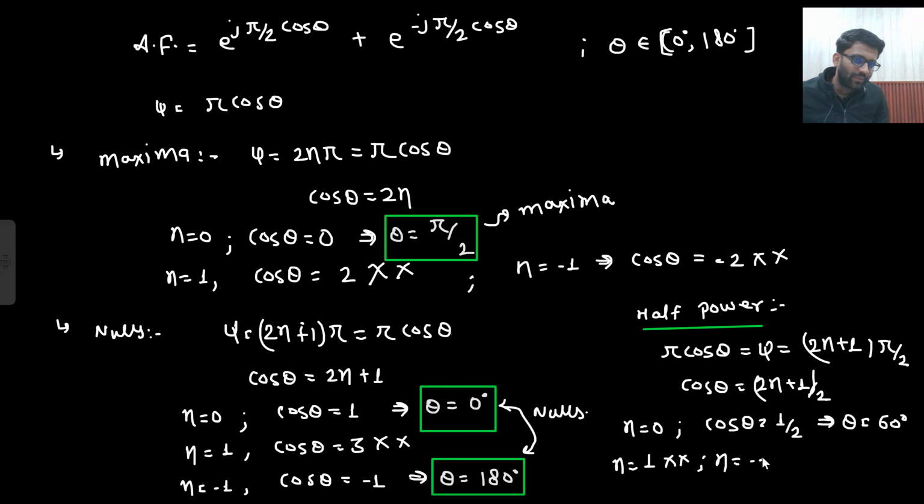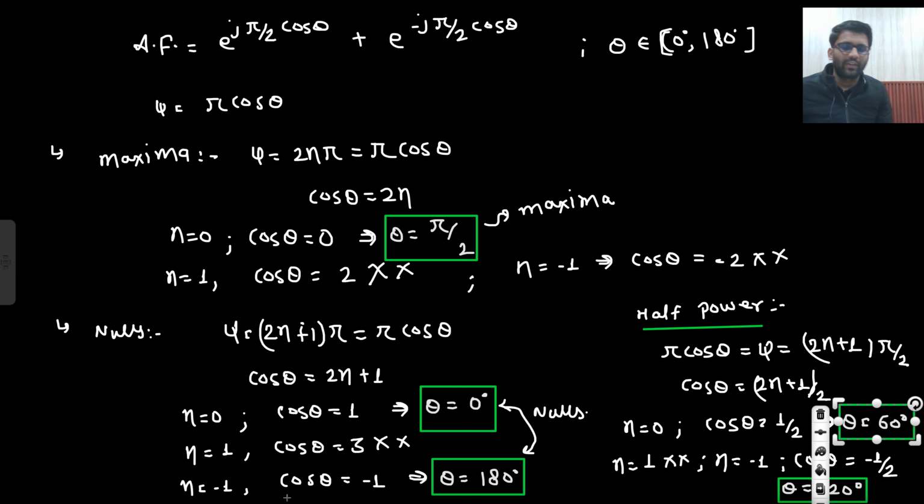If you put n equals -1, what are you getting? Cos theta equals -1 by 2. That means theta is equal to 120 degree. This is what you are getting. So theta equals 60 degree and 120 degree. These are your half power points. So what did you understand? If I make the pattern